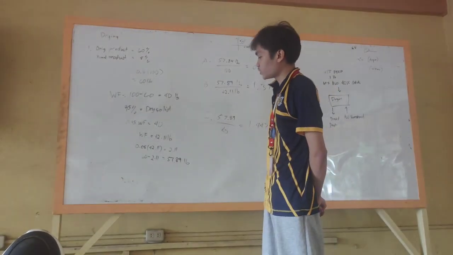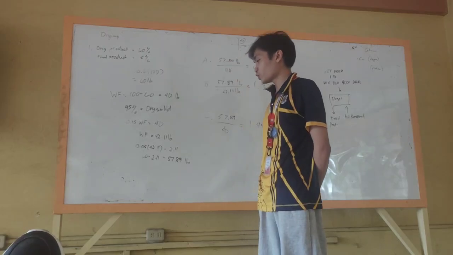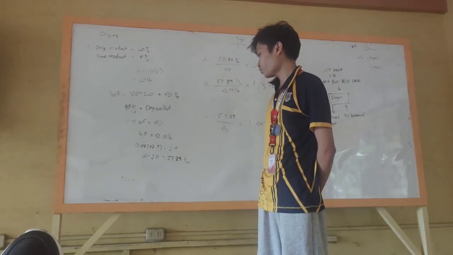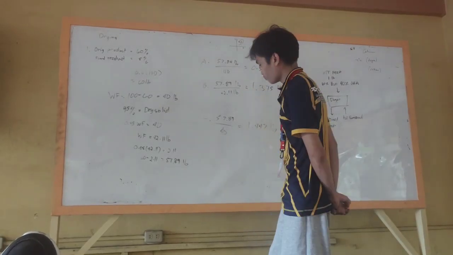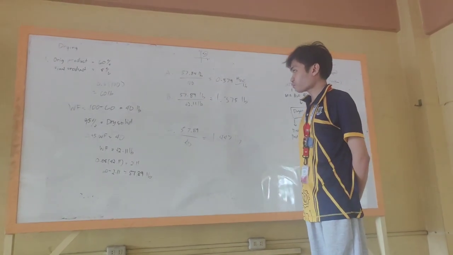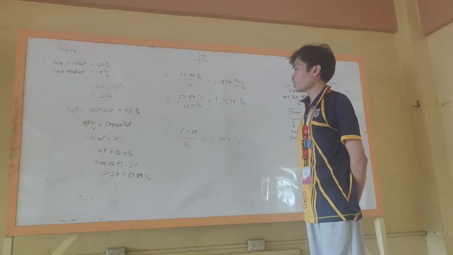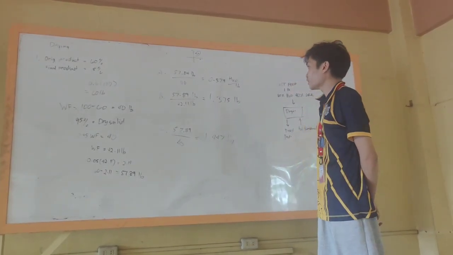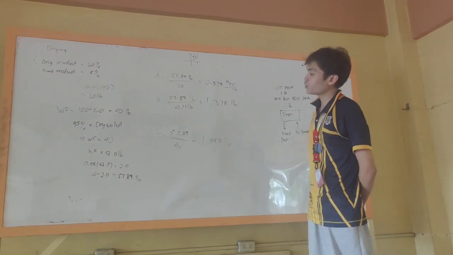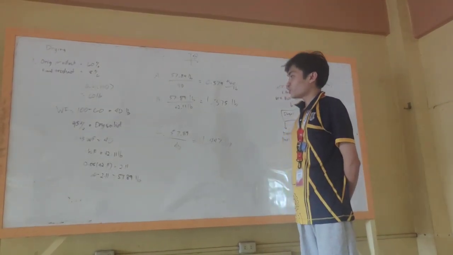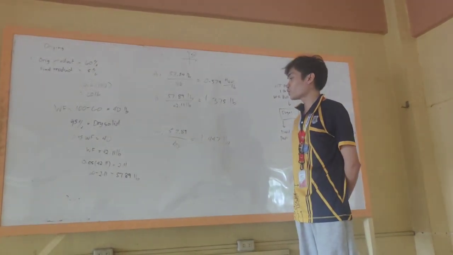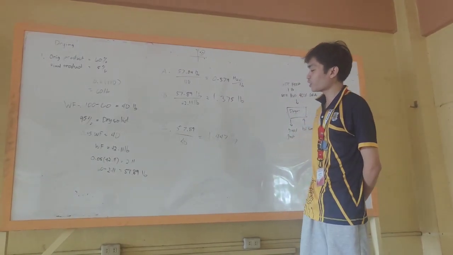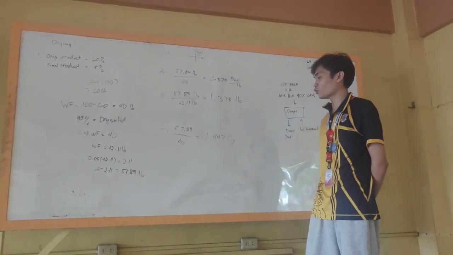And insert the value, with 0.15 times 42.11 equals 6.32. That will result in 57.89 pounds. And then for A, 57.9 pounds divided by 100 is equal to 0.579 H2O per pound. And B, 57.1 pounds over 42.11 pounds will result in 1.75 pounds. And C, 57.59 divided by 40 is 1.447.